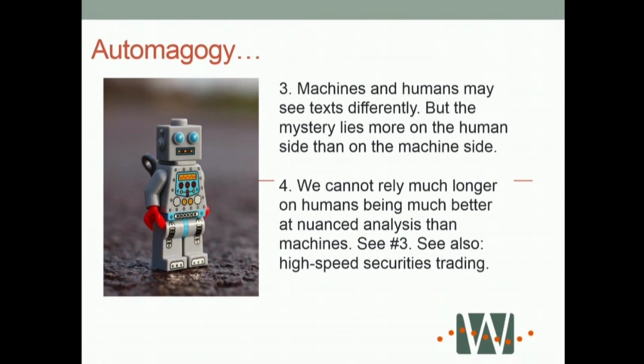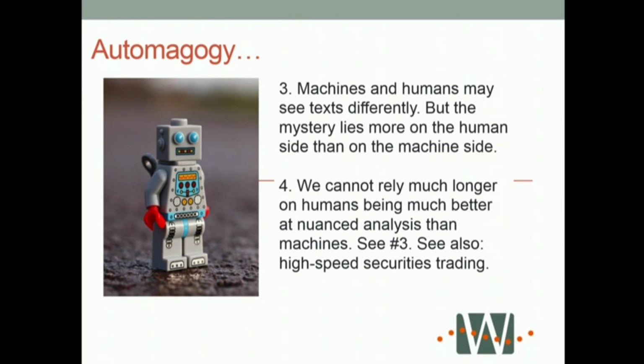As I say, machines and humans may see those texts differently, but I would urge us not to get too caught up in that problem. It won't be that way for very long, or it won't matter, one or the other. Because if we agree at the end of the day, we can substitute one judgment for the other all too easily. And we're seeing that with machine scoring of student grading, for example. It won't be our decision to make once that decision is very reliable.